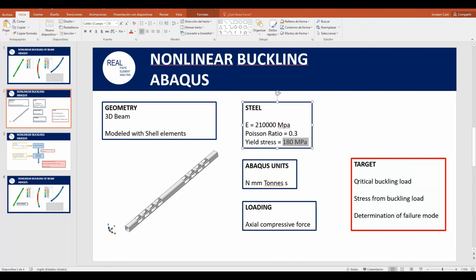So the targets are critical buckling load, we got it, stress from buckling load, have it, and determination of failure mode.